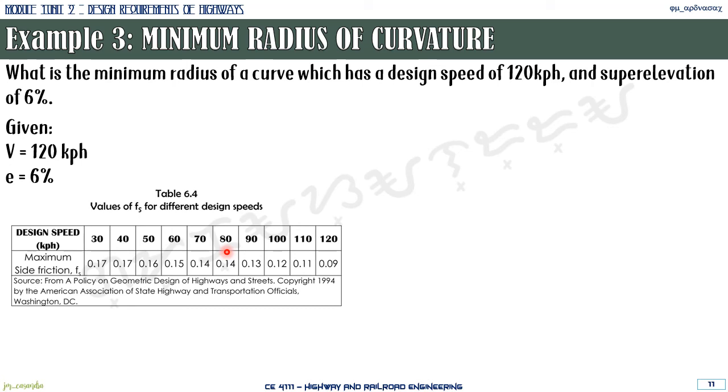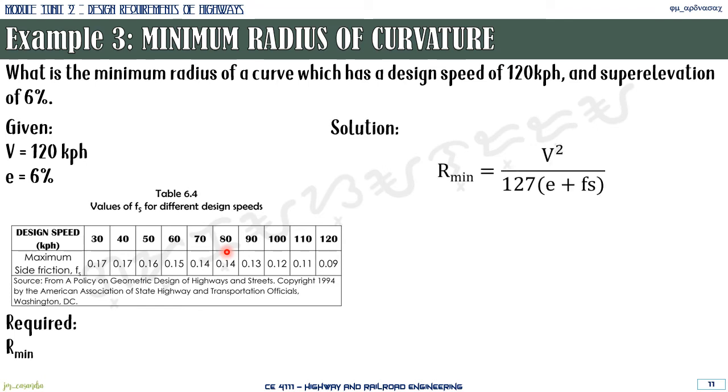So for our solution, for the required minimum radius of curvature, we simply apply again the equation of V squared over 127 times (e plus fs). So we are given V, we are given e, so the only value we need to look for is the side friction. Our design speed is at 120, so the side friction now is equal to